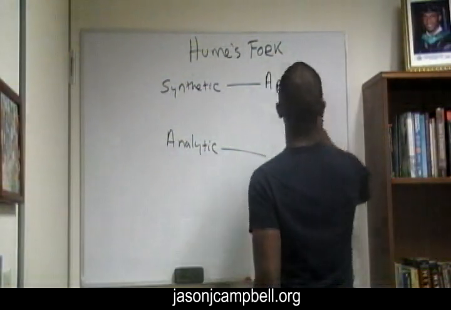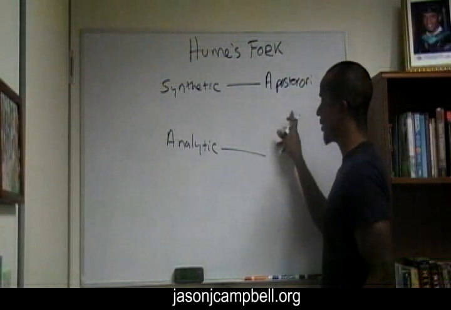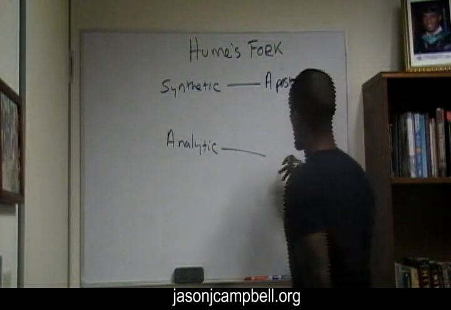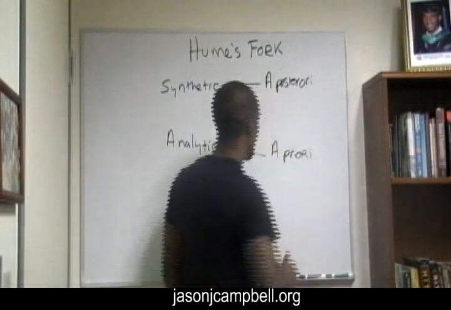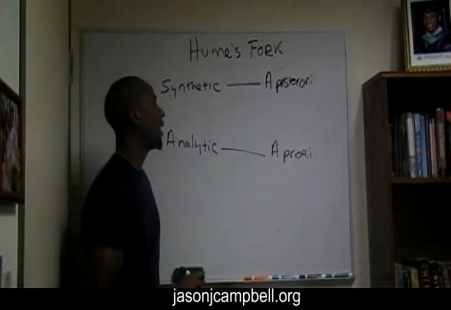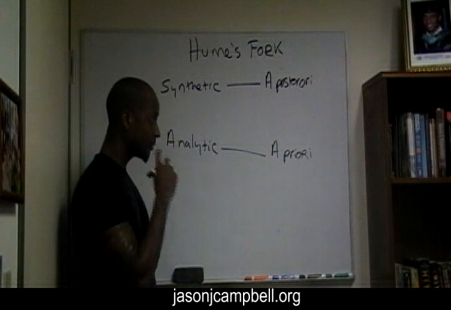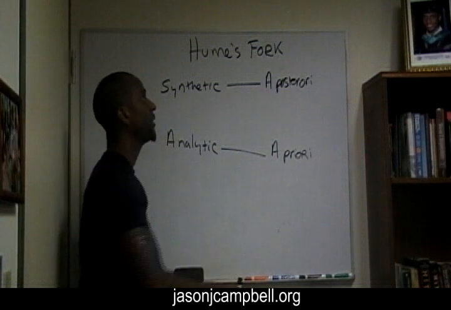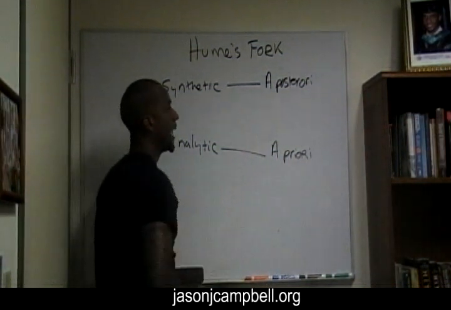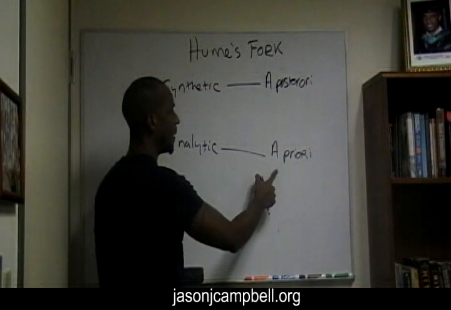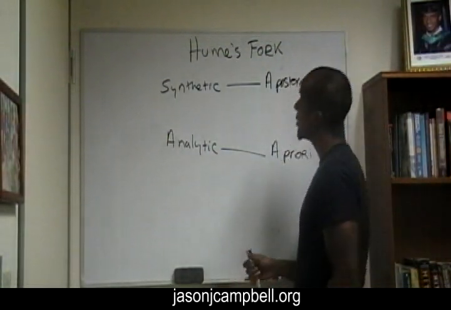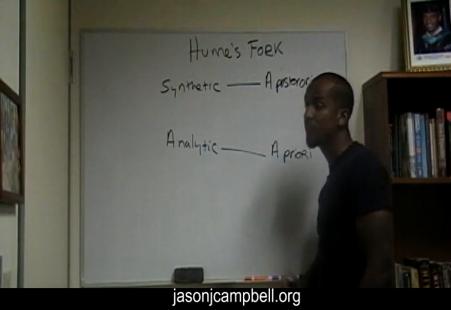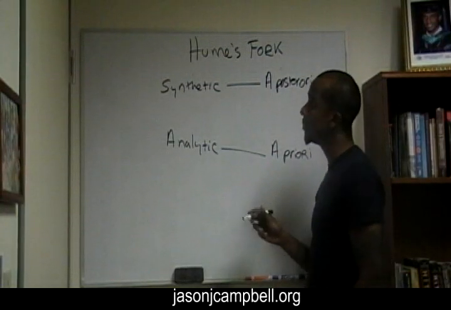A-P-O-S-T-E-R-I-O-R-I. So synthetic claims are a posteriori and analytic claims are a priori. And the examples that I gave: the cat is on the mat, and a bachelor is an unmarried man. Now, that actually concludes the discussion of Hume's fork, but what I'm going to do is give a prelude